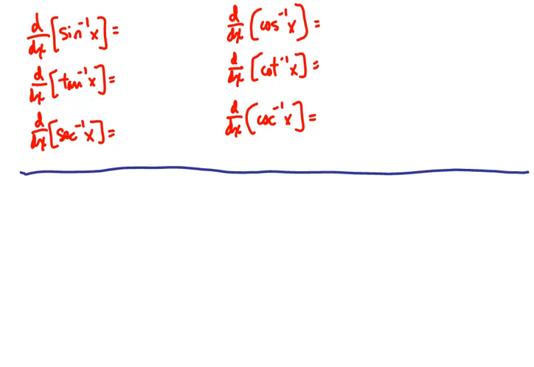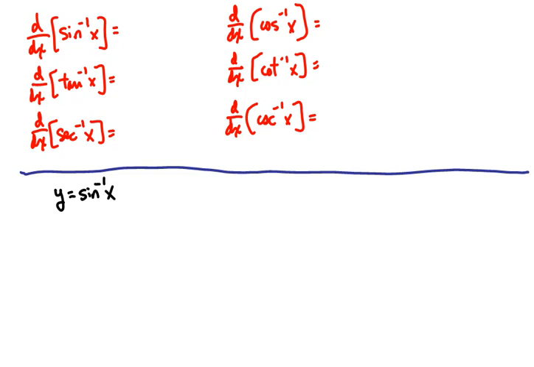Alright, so the process that we're going to use for all of these is essentially the same, and that is we will write the function in its inverse form, such as y is equal to the inverse sine of x. Normally we give the sine function an angle, and it returns the ratio of the opposite side to the hypotenuse of a right triangle that has that angle. Well, with the inverse sine, instead of giving it an angle, we give it the sine